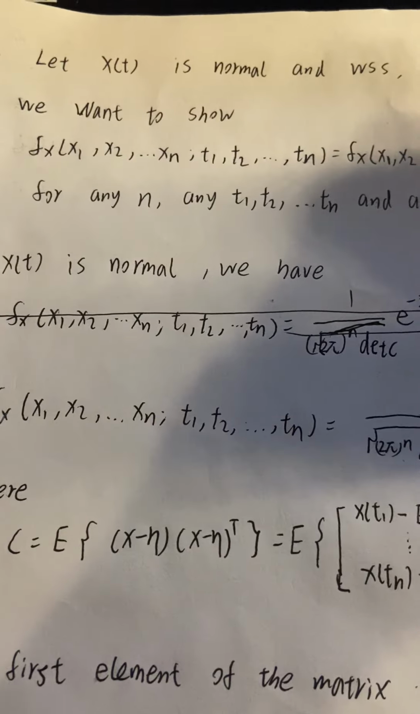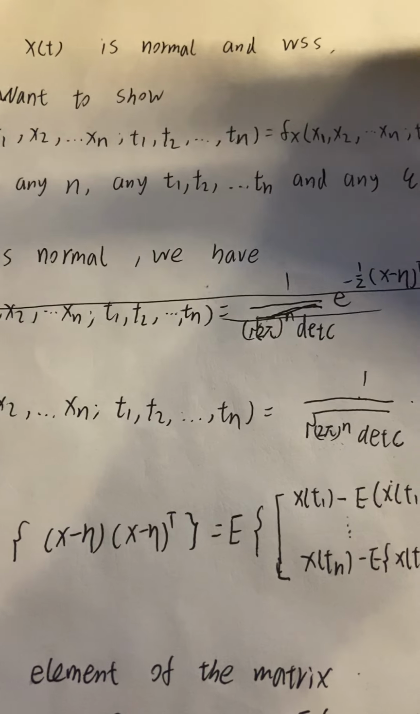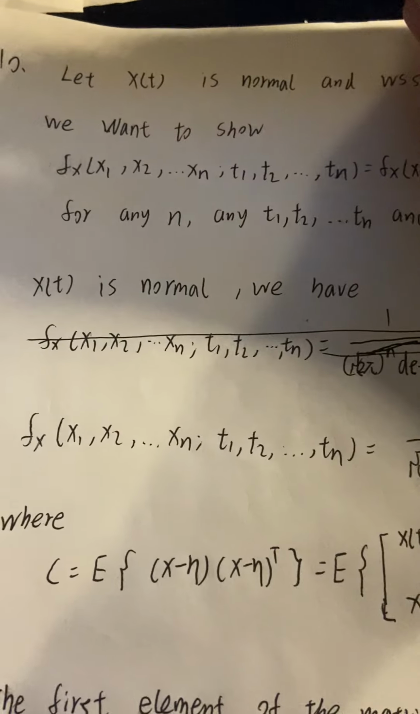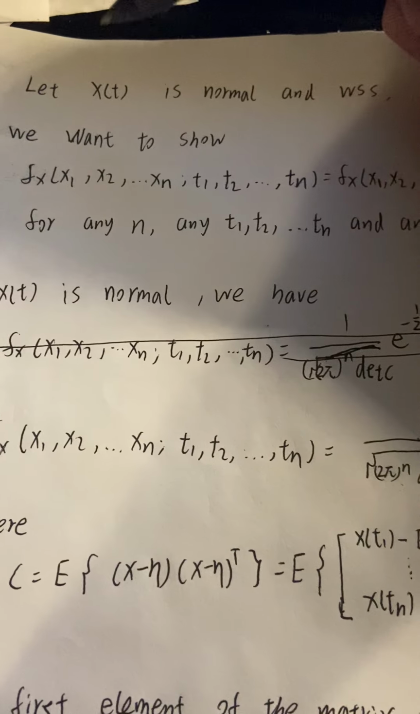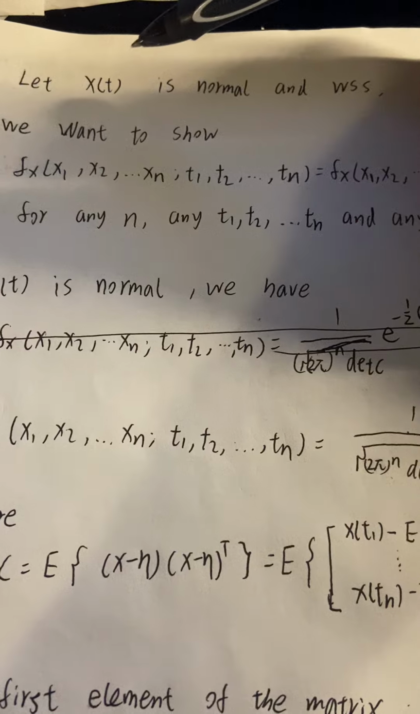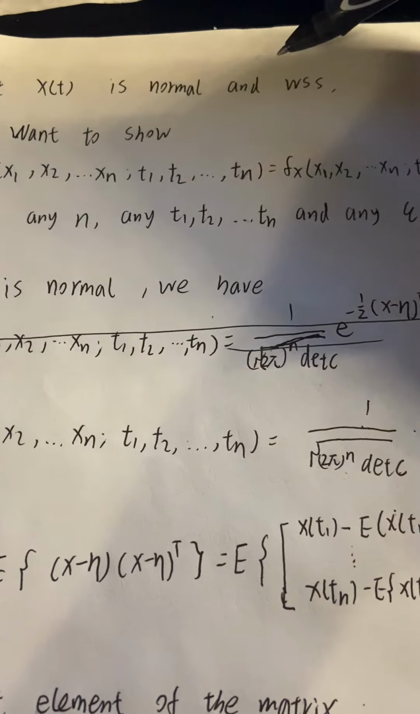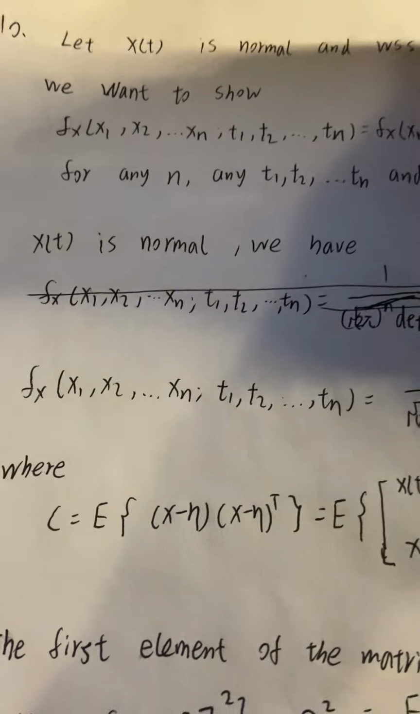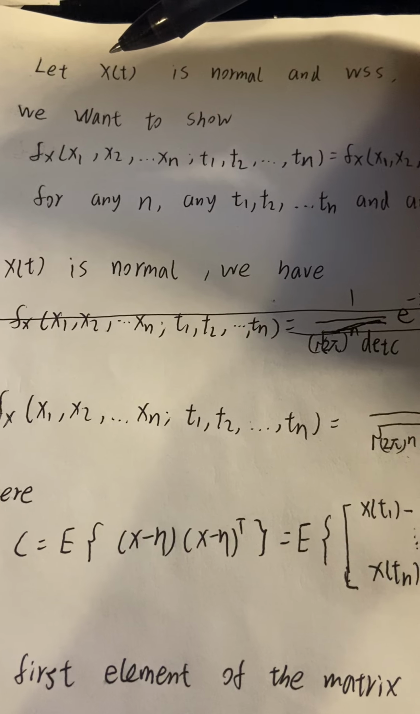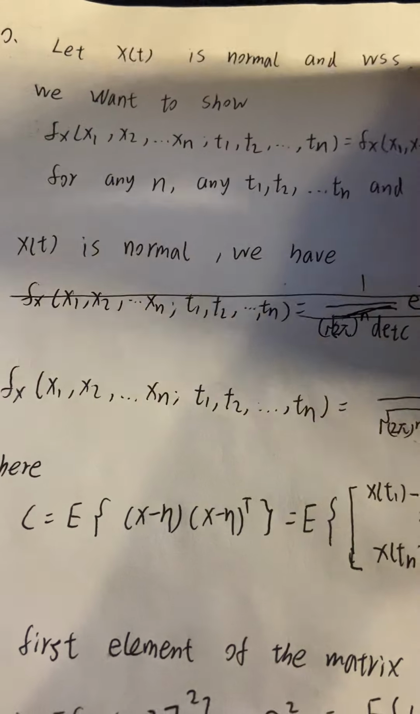For question 10, we need to show that if the normal process is wide-sense stationary, then it is strict sense stationary. At first, we let the process x of t be a normal process and wide-sense stationary. If we want to prove it is strict sense stationary, then we want to show the density function